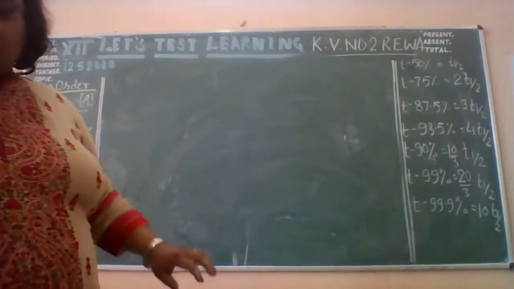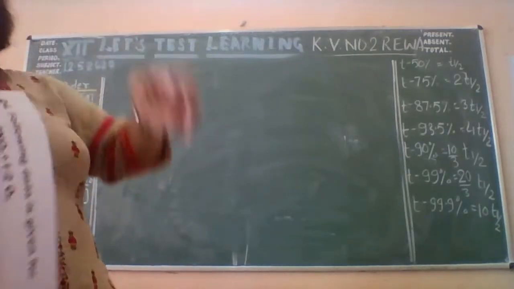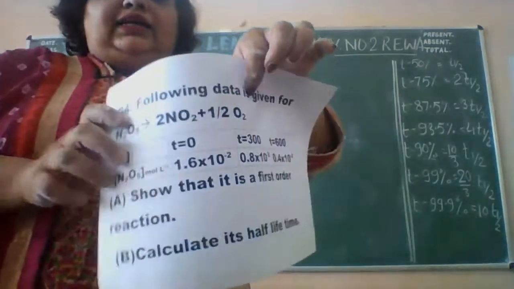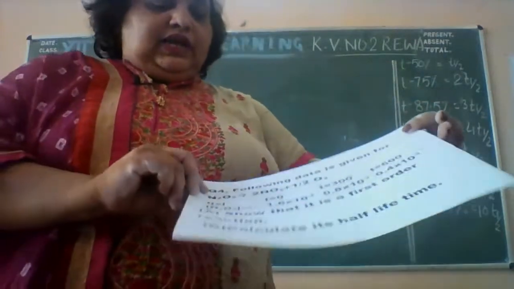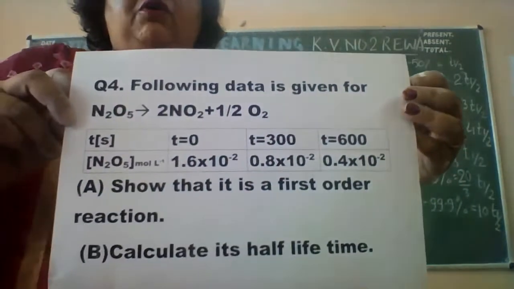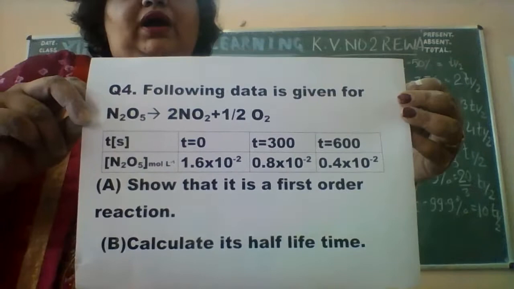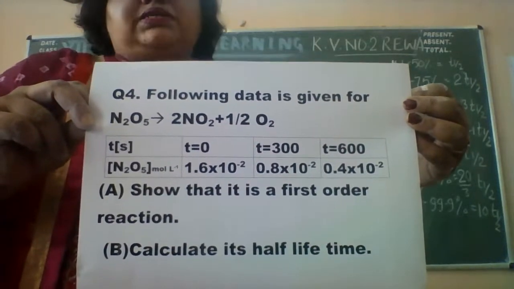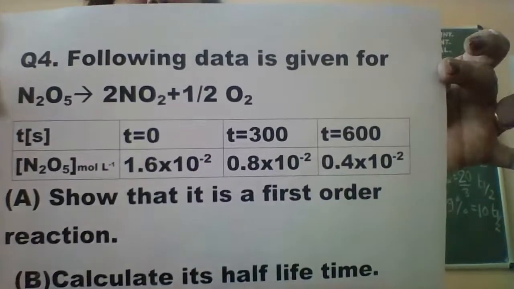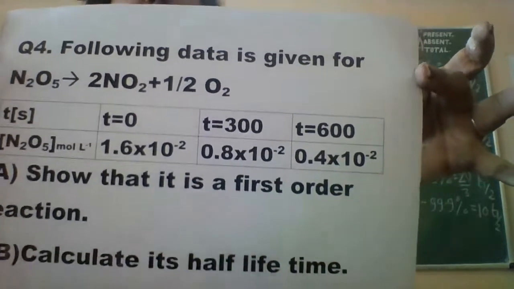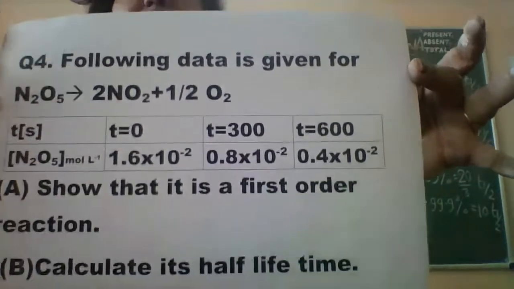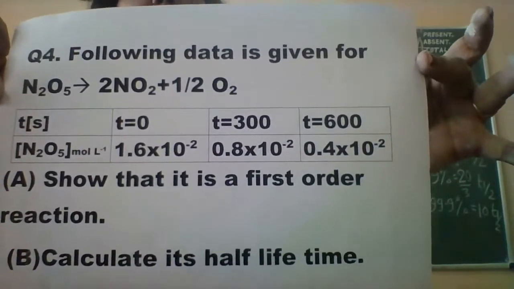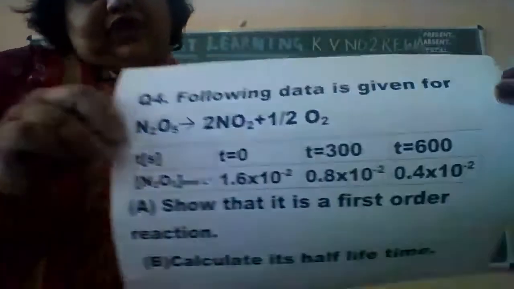फटाफट करते हैं so that our time is used. The tabular data is given, right? For a chemical reaction, N2O5 is equal to twice NO2 plus half O2, right? Some data is given, right? You have to find out what is the order of reaction, and you have to calculate the half-life time,